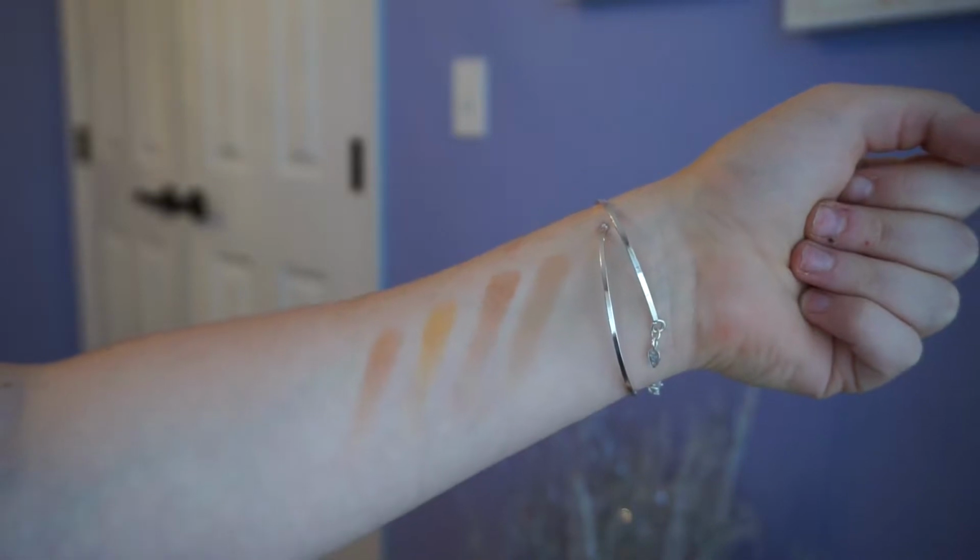I do really like these eyeshadows so far. I mean, I've only really gone in with some basic shades, but so far I like it. Let's go into Butter. Blend this kind of in the outer V of the eye. The idea for this look is all over the place. I don't really have a solid idea. Nothing unusual. I'm gonna go with a little bit of